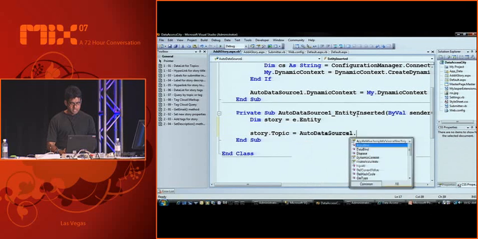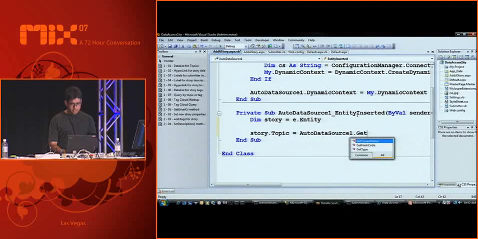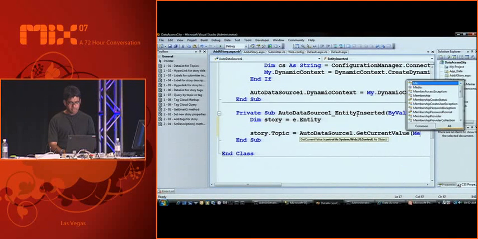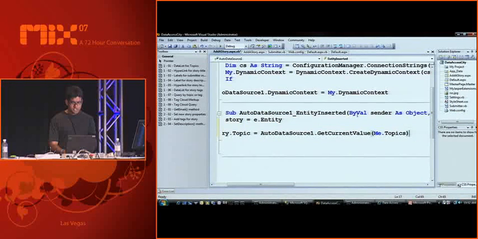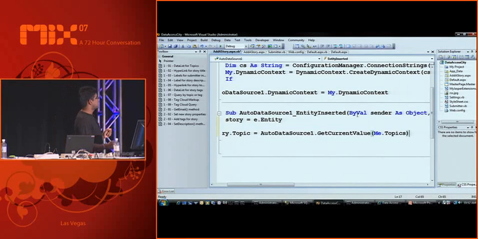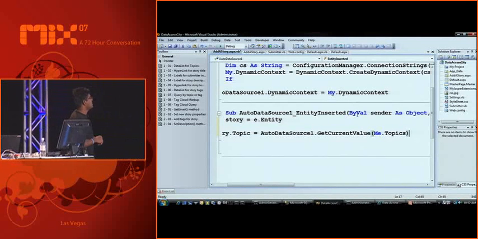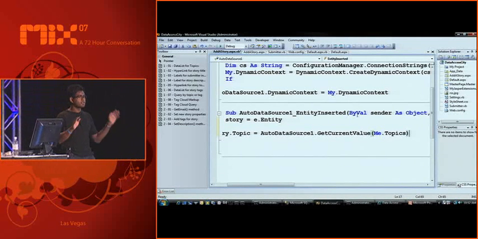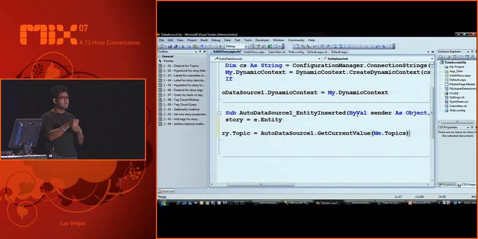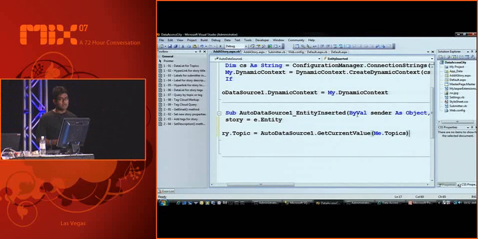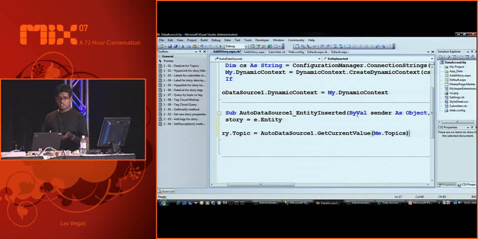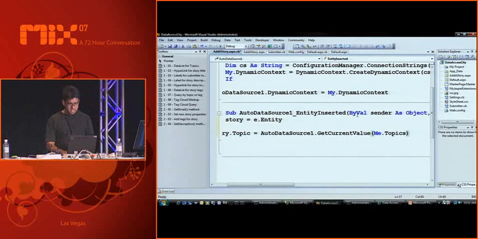Again, I'll use the auto data source, and I'll use a new method here called getCurrentValue that will select the value from the control. So topics is, in this case, I believe a drop-down control. But with the auto data source, I don't need to know that. I don't need to know which property in the drop-down I need to look at and so on. The auto data source abstracts that for me and just allows me to get the value. So I've set the topic,